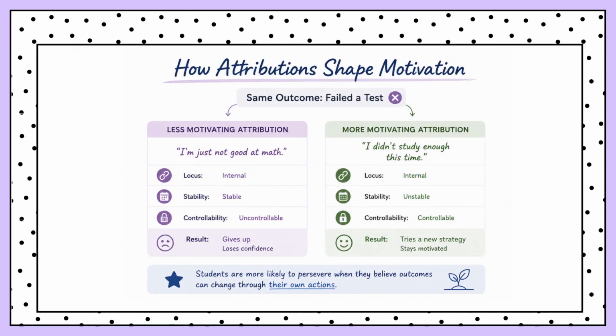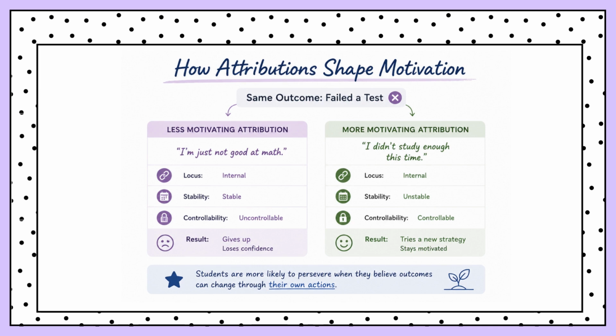Imagine two students who both fail the same math test. The outcome is exactly the same, but the way each student explains it is completely different. The first student thinks, "I'm just not good at math." They believe the problem is something about themselves that probably isn't going to change, and they don't feel like there's much they can do about it. After thinking that way, it's easy to see why they might lose confidence, stop participating, or give up when things